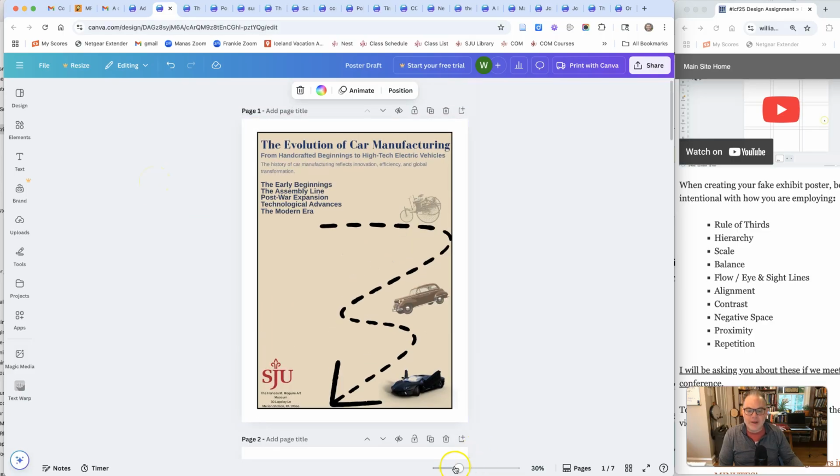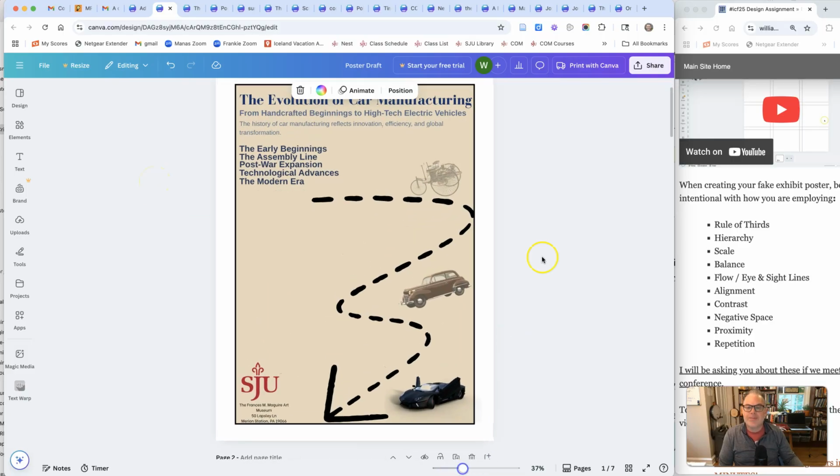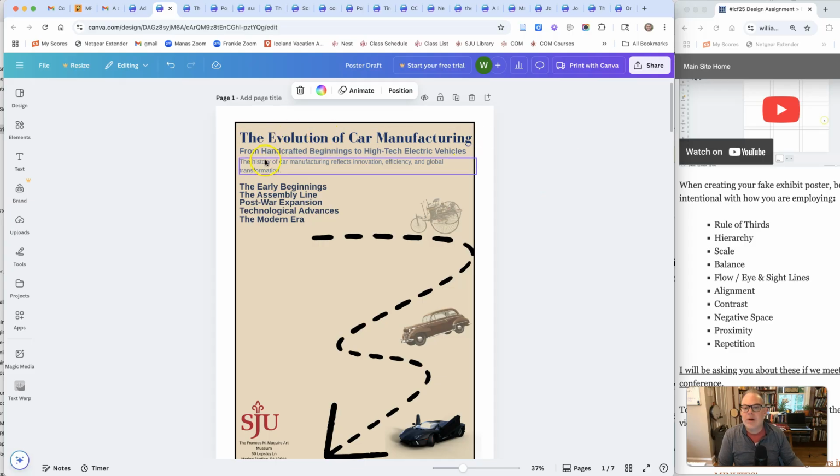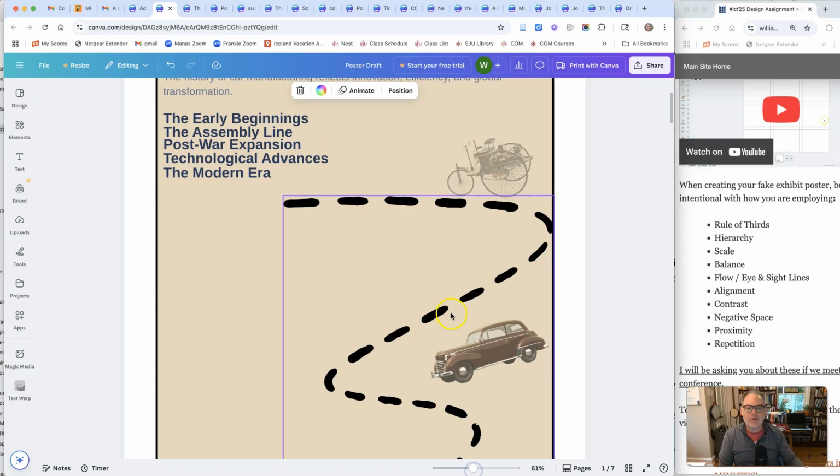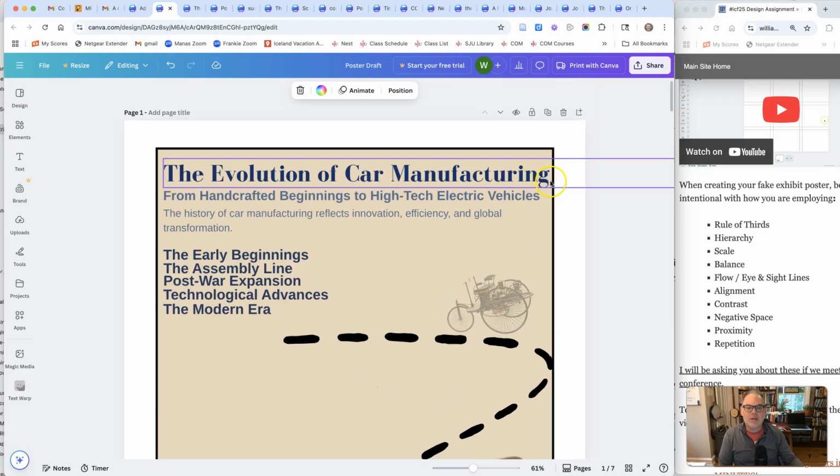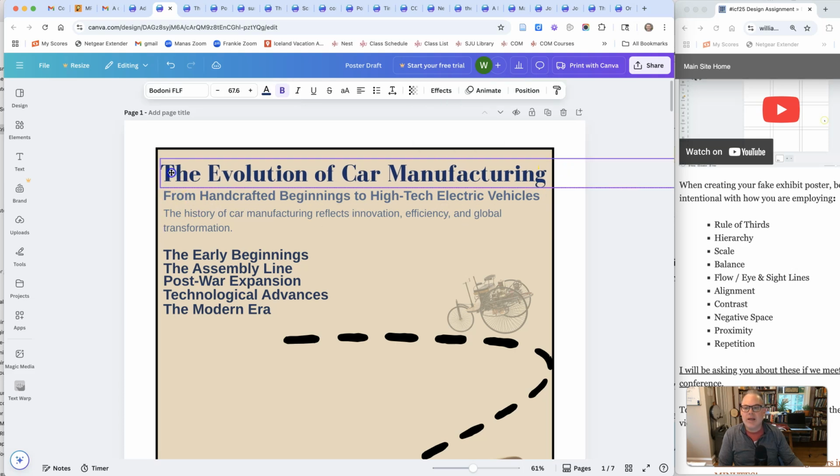The evolution of car manufacturing. I'll make this a little bit bigger. One thing that I would like you to focus on, and this goes for everybody, is making sure that everything is aligned nicely. You'll notice if I zoom in further that this G is closer to this right border than the T is over here. And instead of having this structure, this font, this heading aligned to the left, you might align it to the center. That way,